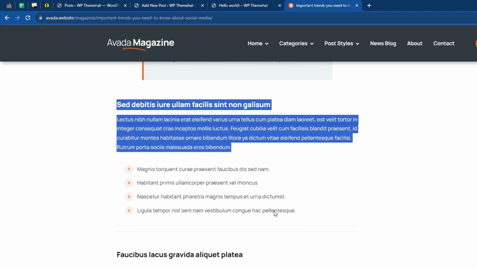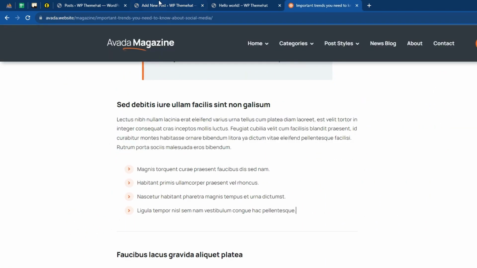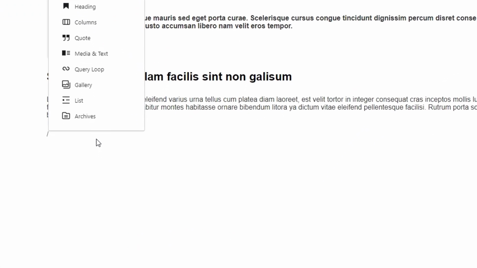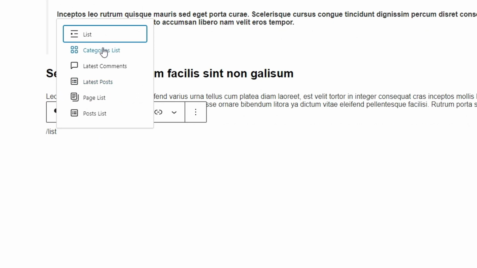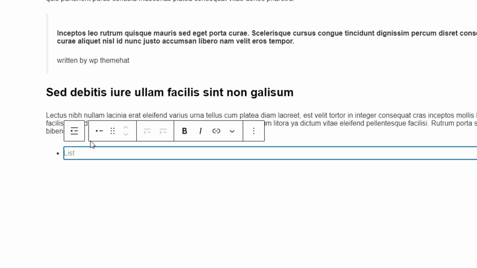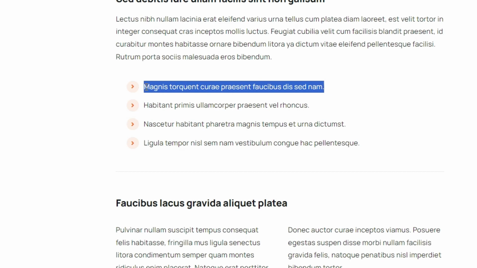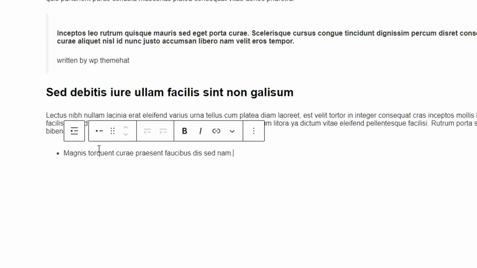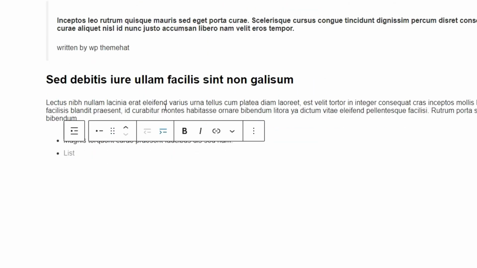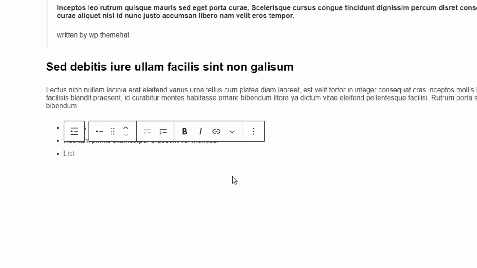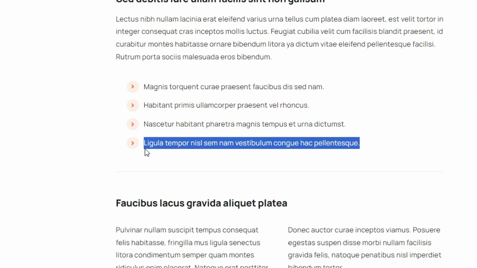After that, we are having some list style. What we need to do is click on enter here, then slash, then we will set that list. You can see list here, and we can add some content here. So we'll copy it and just paste it, then press enter again, and then copy it again and paste it again, and then again copy. So